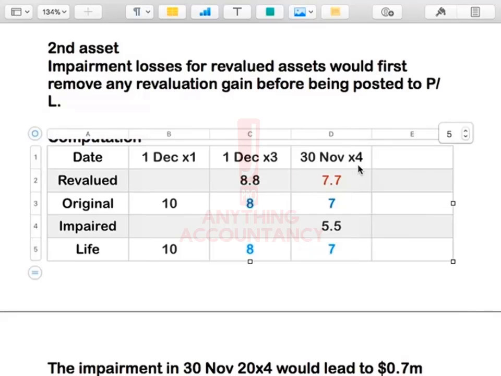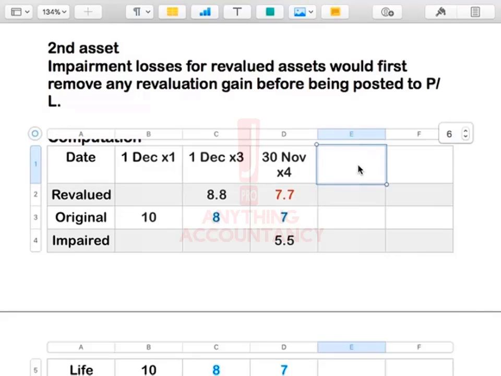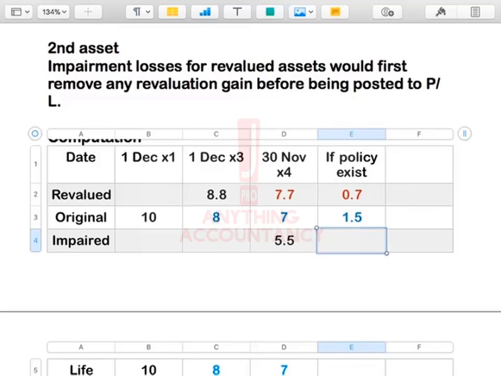So if I was to show you this in a different way, I'll put something like this. If policy got, then it's 0.7 and 1.5. Can you see this now? If no policy, then it's going to be 0.8. Pay attention, 0.8, and then the other one is going to be